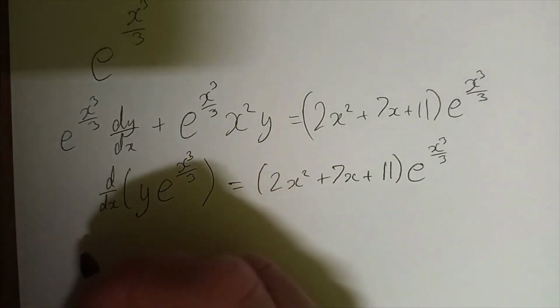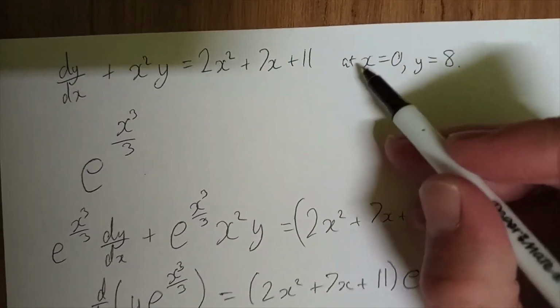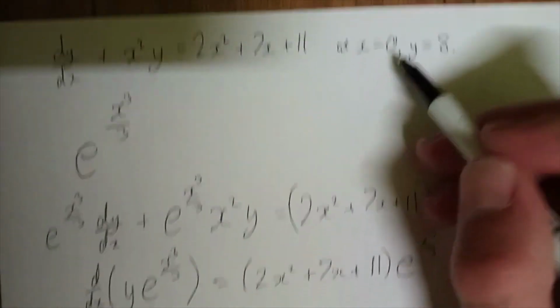So now we take the integral with respect to x from, now we had an initial condition at x equals 0, y equals 8. So we'll take the integral from x equals 0